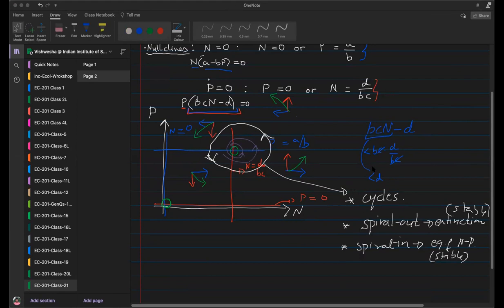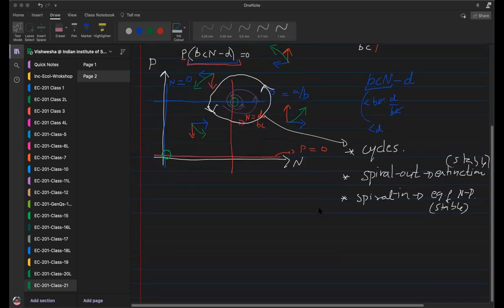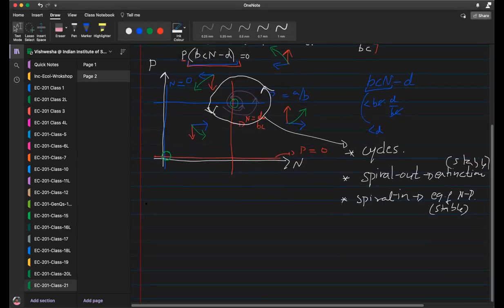There was nothing else that was possible there. But here there are multiple possibilities. There are new types of equilibrium and dynamics possible that were not possible in the one species system. But here is a small catch though. Remember that the logistic model, the first logistic model we studied, did have spiraling in, spiraling out as well as cycles, right? So I just want to make some general remarks on dynamics here.